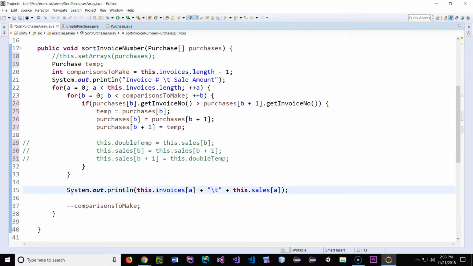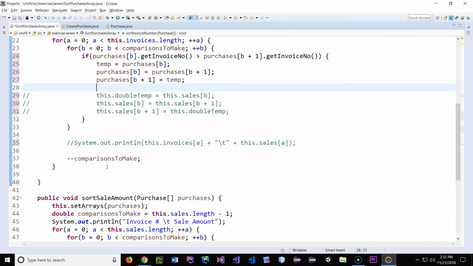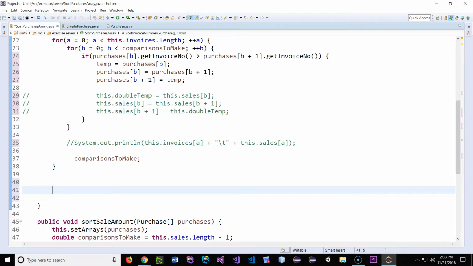And so I also don't want to print that out because you print after you're done. Okay, so you do this whole thing here, and then you're done. All right, so by the time you're done, then that purchase is sorted. And I'll just print it here so we can see outside of the loop. Okay, when you're done with the loop, you can print that out here. And you would do,